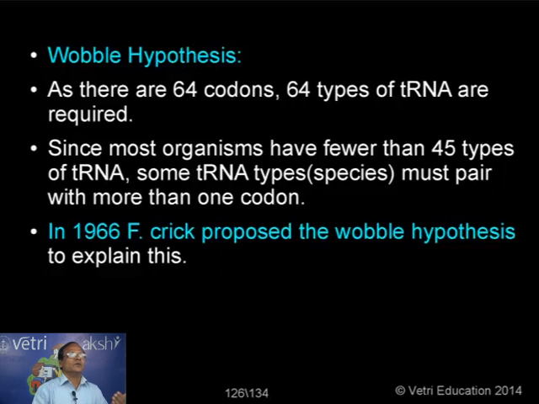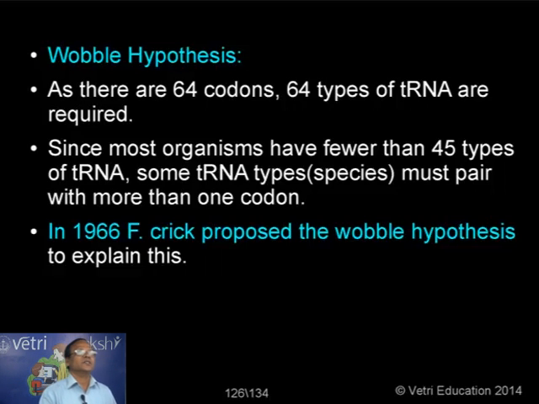So we have to compensate for nearly 19 tRNAs of shortage, so some tRNA types must pair with more than one codon. Some tRNAs must pair with more than one codon because there is a shortage of tRNAs corresponding to the number of codons. And this can be explained by a phenomenon called the Wobble hypothesis,